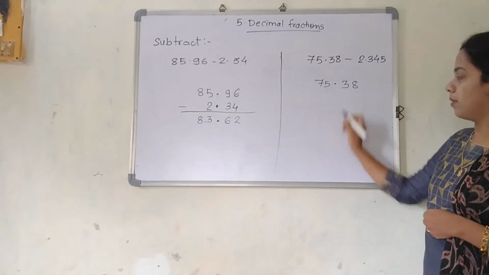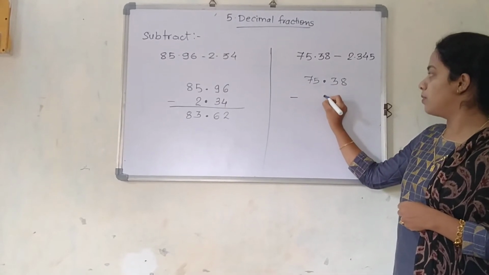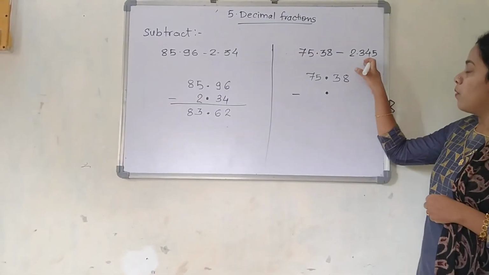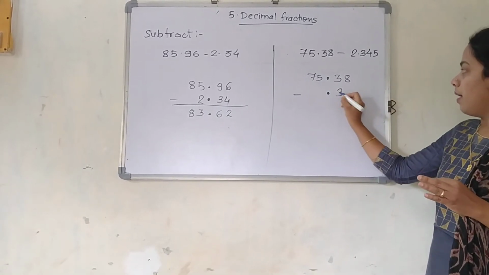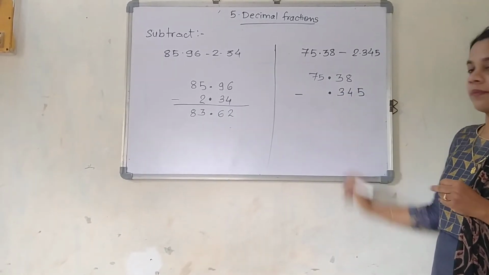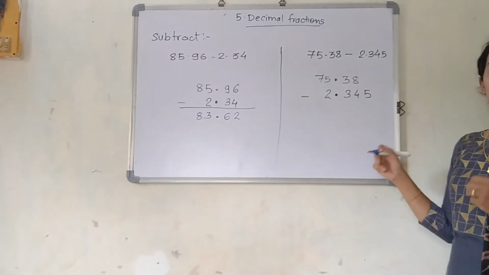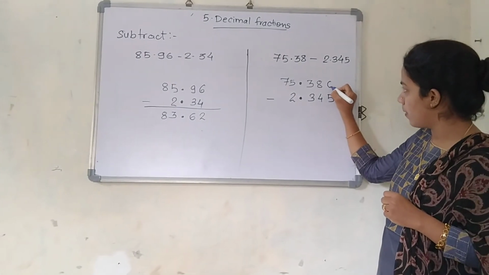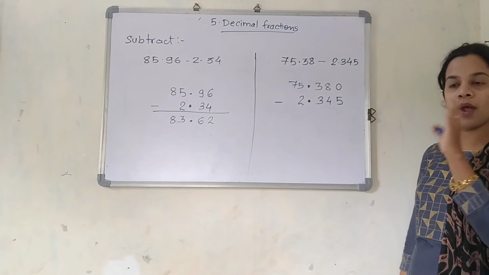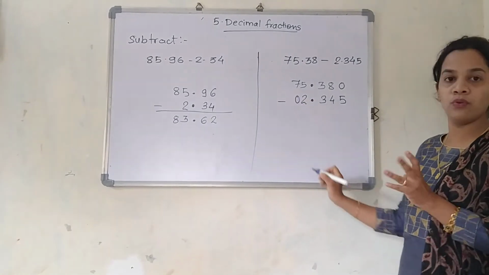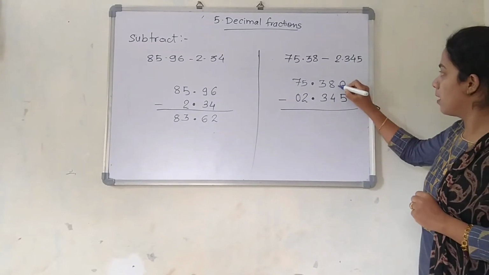75.38. Bigger number. Minus, I am going to write decimal down to the decimal. If you guys see for the next number after decimal, there are 3 numbers, that is 3, 4, 5. And here it is 2. Now here top there is no number, so I am going to address this with 0. Always remember, when there is no number on the top also address everywhere. You can address here also by 0, no issue. And now subtract them. Subtraction will be easy now.